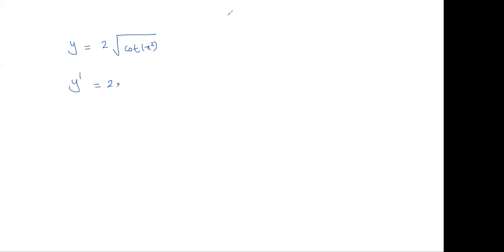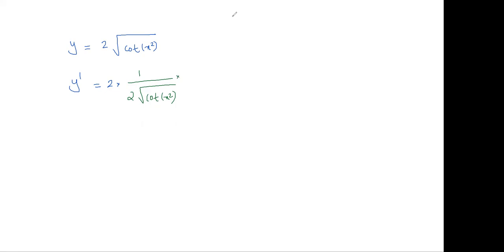Now this function is of the form root x form. Root x का derivative 1 by 2 root x. So उसका derivative आएगा 1 by 2 root cot x square, root x का derivative 1 by 2 root x था, इसलिए ऐसे किया, into